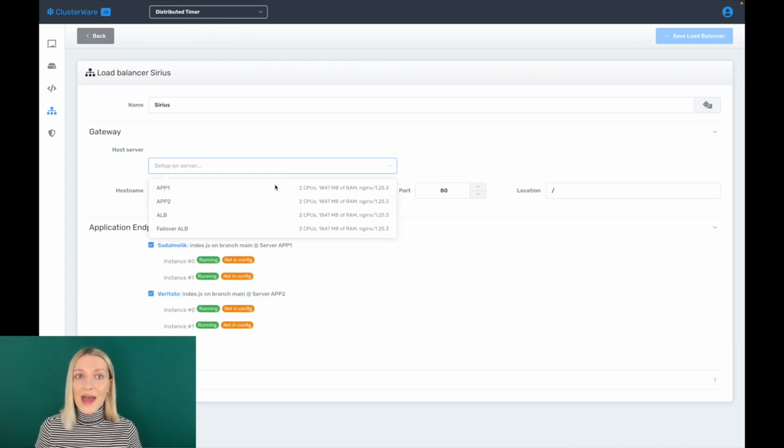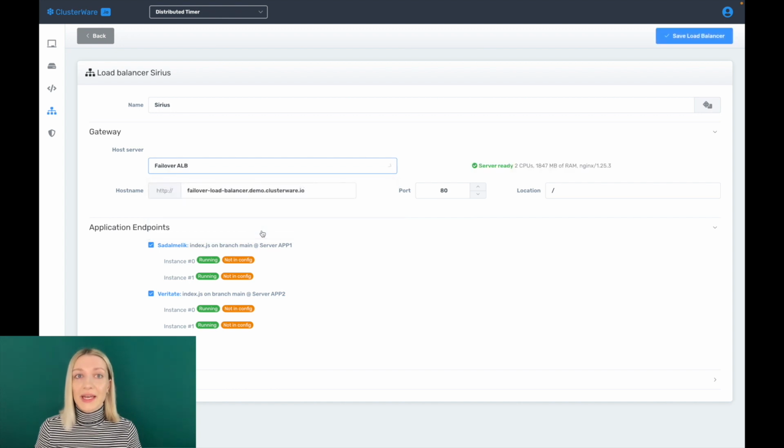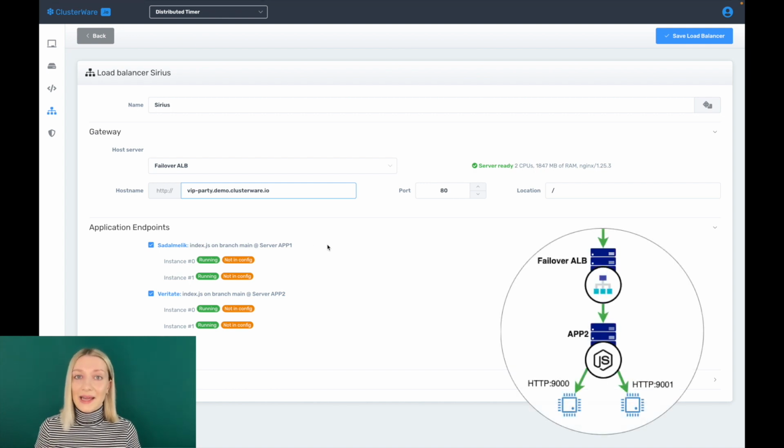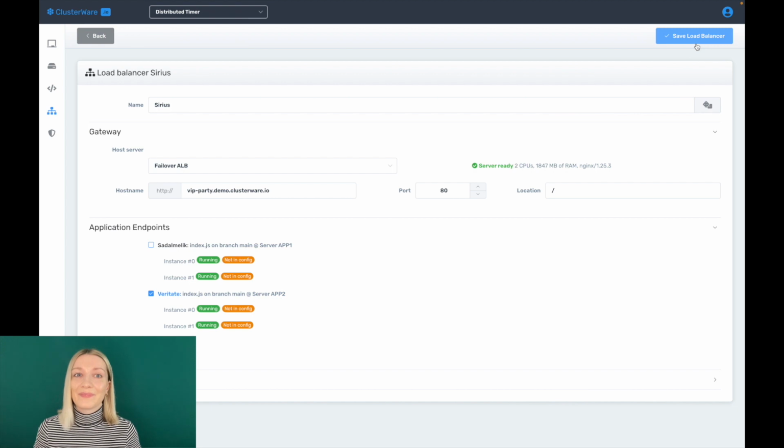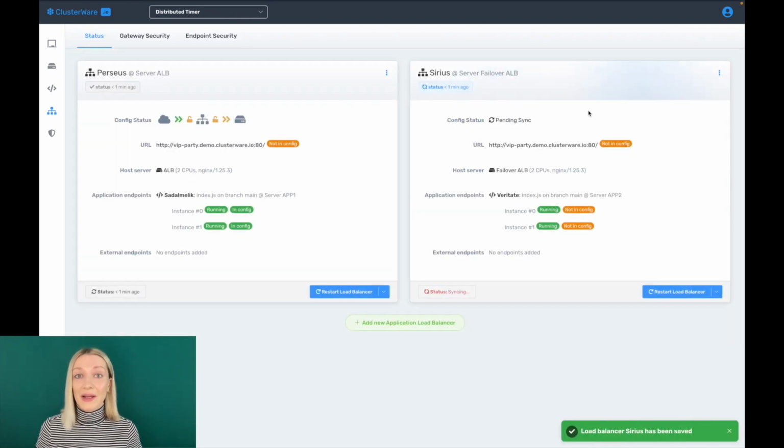The failover ALB will be the server hosting it. Now, the default host name points to the host server only. So I'm going to overwrite it and provide my VIP Party alias here as well. And lastly, my new load balancer is going to use the APP2 application endpoint only. Okay, so now I can click Save